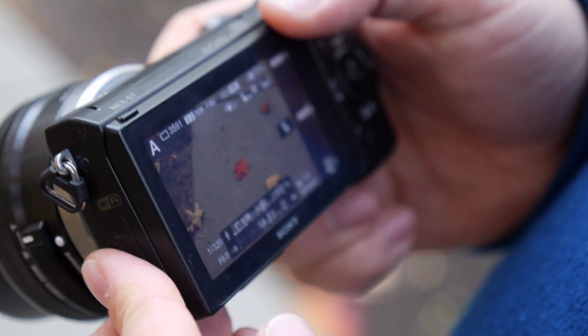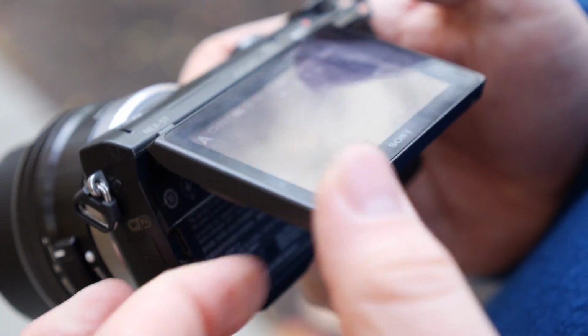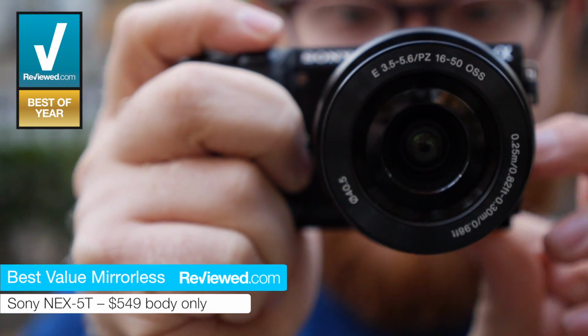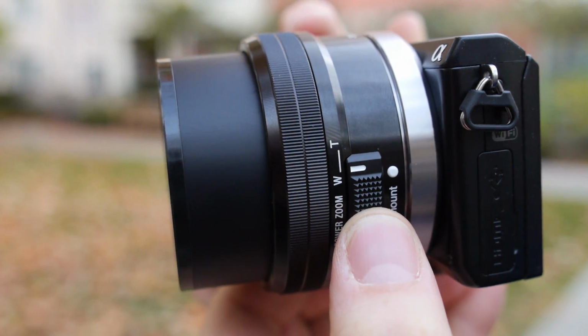If you still want an interchangeable lens camera but don't want to break the bank, the Sony NEX5T wins our award for Best Value Mirrorless Camera. It's $549 body only, which means you don't get a lens with it, but it's $699 with a lens, and we expect the prices to come down on sales and things like that. It's a camera you can learn and grow with, but we feel that for the price, it's a great entry point for anybody who wants to get into interchangeable lenses but doesn't want to deal with the hassle